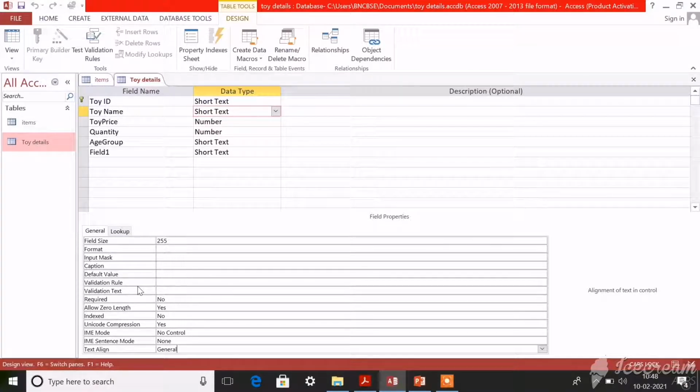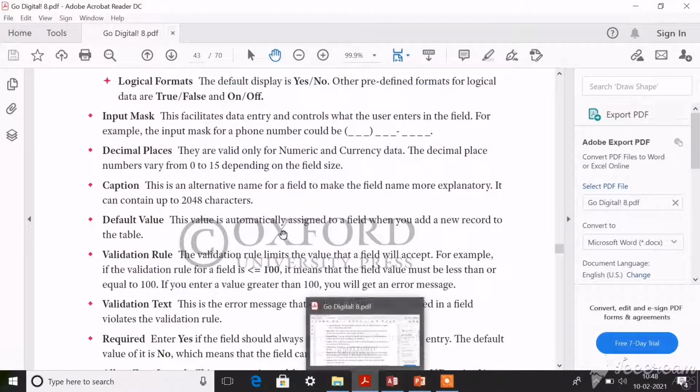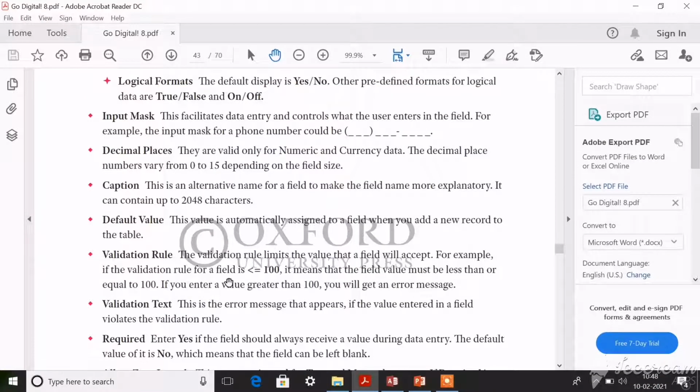For example, look here: according to this validation rule, if a field is less than or equal to 100, it means the field can hold a value only less than or equal to 100, not more than 100. If you type data more than 100, there will be an error message. That is all about validation rule.